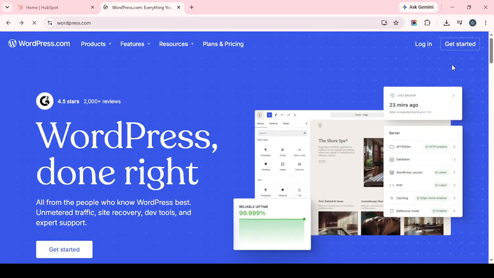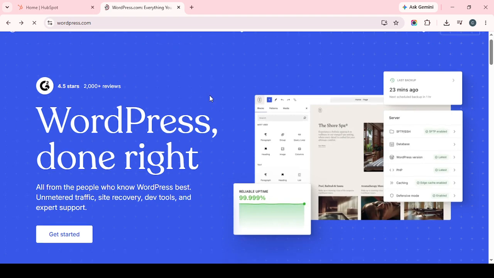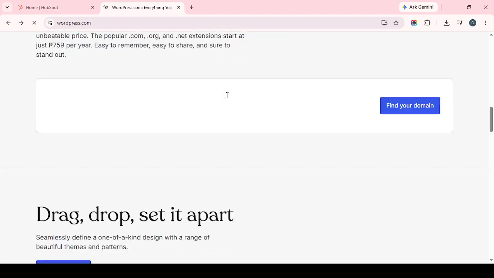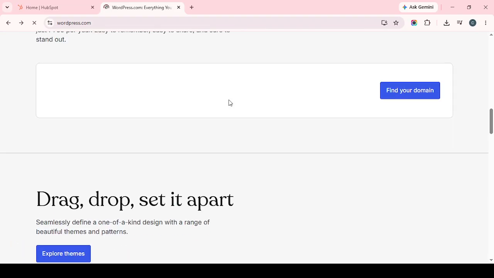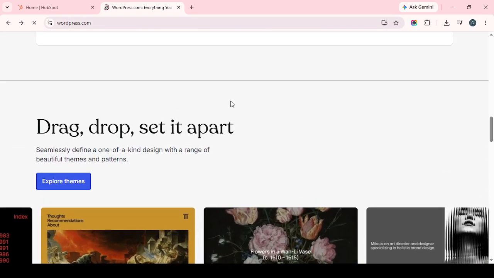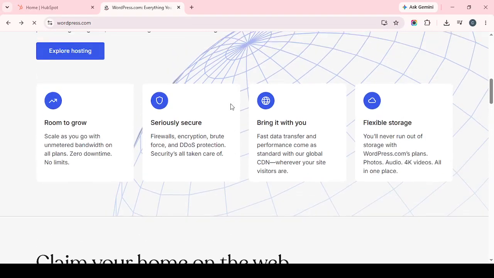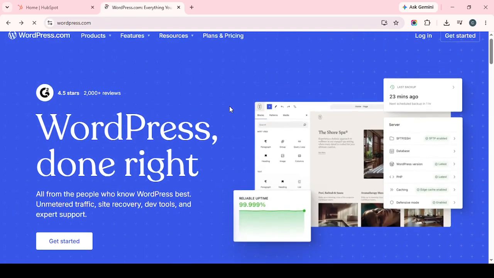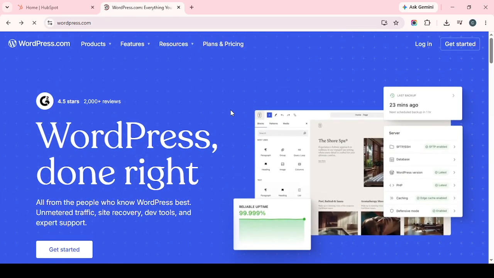In the search area, look for a workflow automation plugin that works with the platform you plan to use, such as Make or Zapier. The goal here is to install a plugin that helps WordPress communicate smoothly with your automation system. When you find the right plugin, click Install, wait a few seconds for WordPress to download it, and then click Activate. Activating the plugin is what makes it available inside your site, so it can begin interacting with your